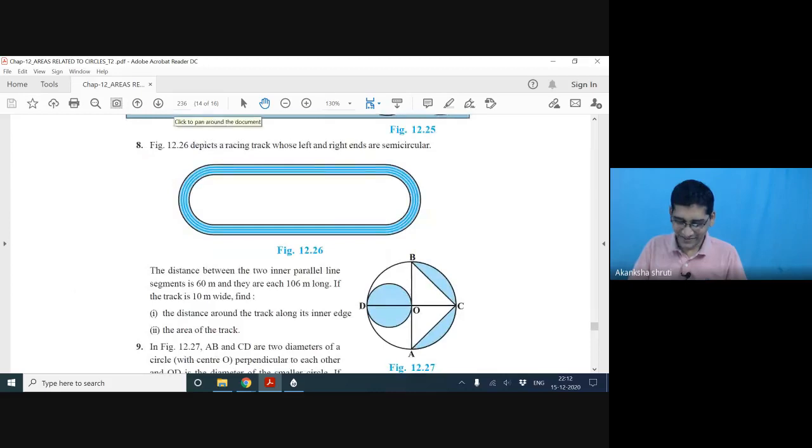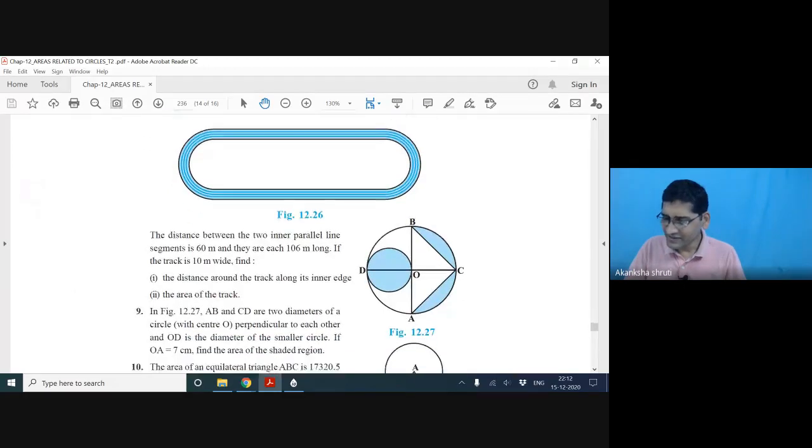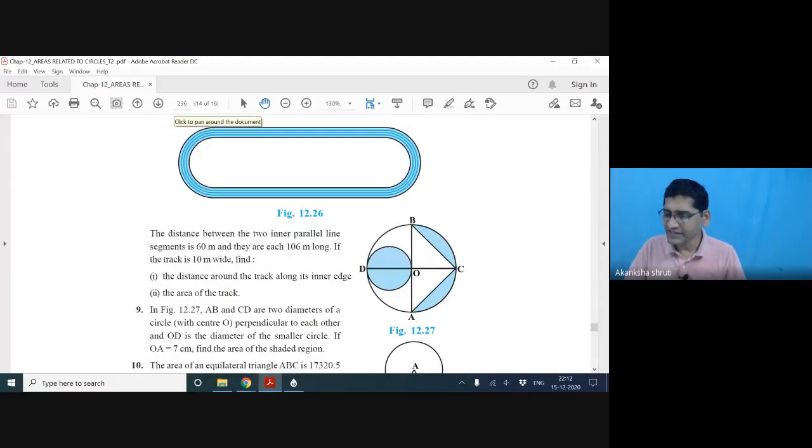Yes, students. For these questions, question figure 12.27, how you can get? Very easy. Again, it becomes the diameter, so 1/4 for the smaller circle. Inside the bigger circle, the radius will be how much? Half of the radius of the bigger circle. Or the diameter of the smaller circle is the radius of the bigger circle. That way we can get it.